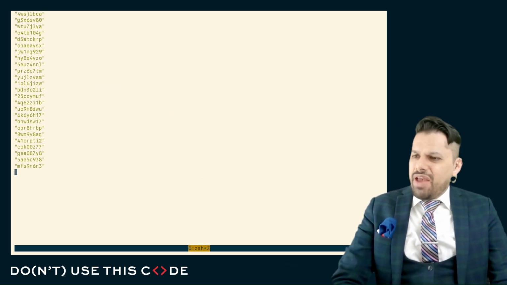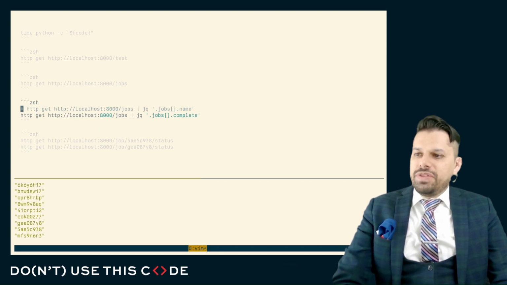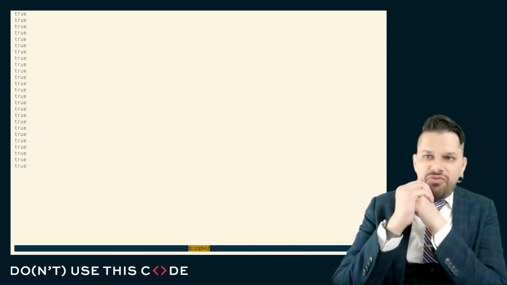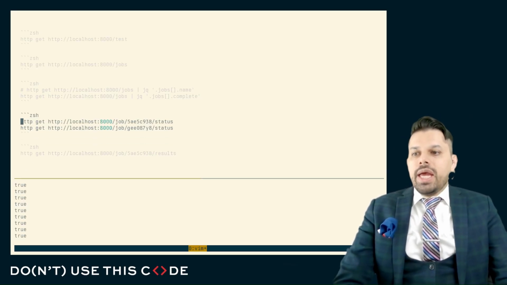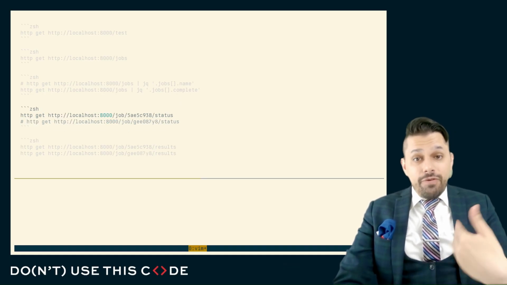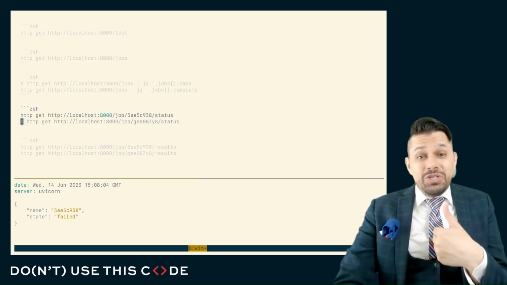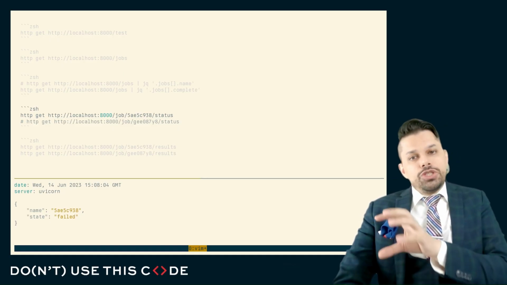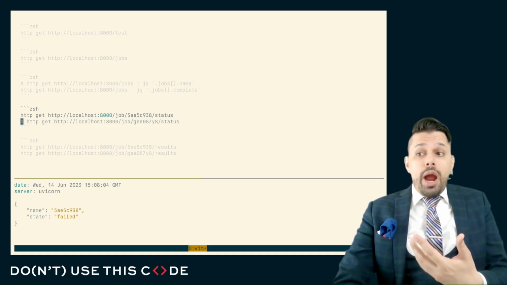So you can see I have quite a few jobs that I've run, and I can see how many of these jobs are complete, and it turns out for all of these jobs, they were run a long time ago, they're all complete. For a given job identifier, I can ask that job identifier for its status. That is to say, not are you complete or not, but did you succeed or fail? In addition to the API succeeding or failing, the jobs themselves may succeed or fail,